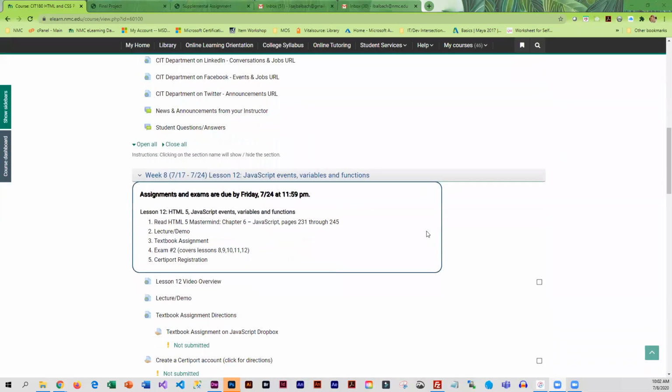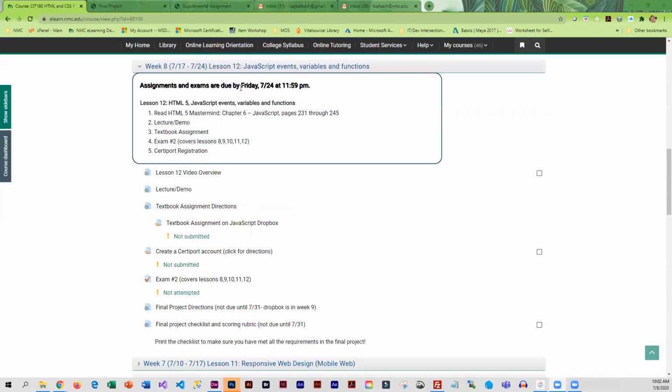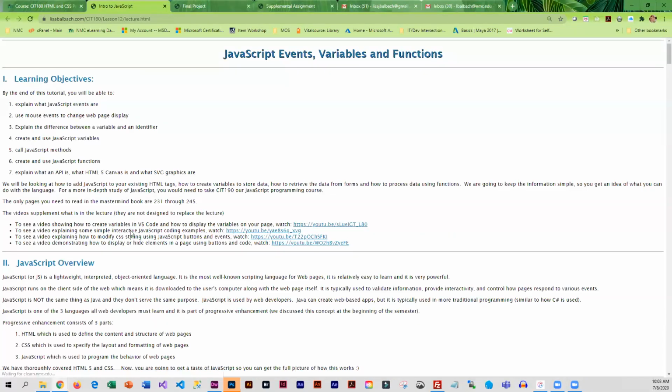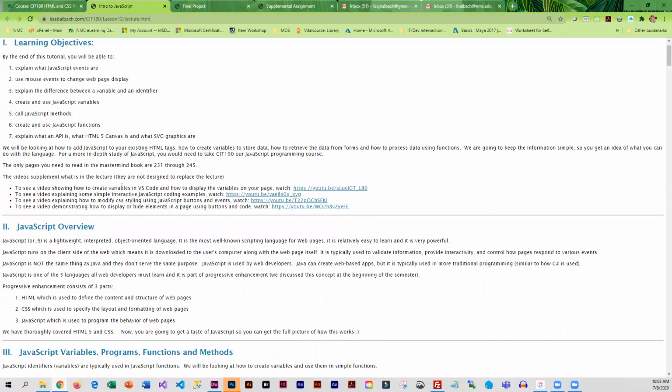So for this week, this is our last lesson before the final project. And we are going to basically go through introductory JavaScript commands. So this gives you a little taste for JavaScript so you can see what it does. And there are some pages in the book that you need to read through. Then you definitely want to go through the lecture demo because the book does not really explain how to use